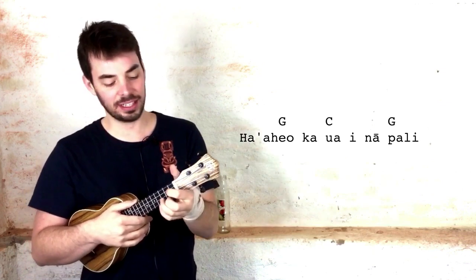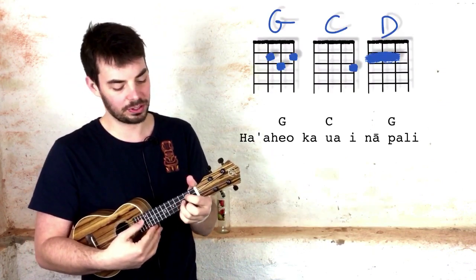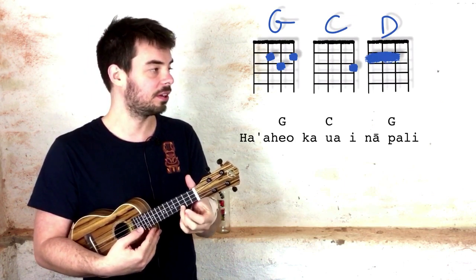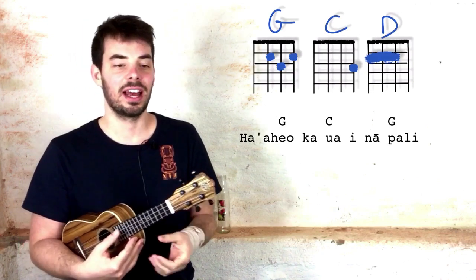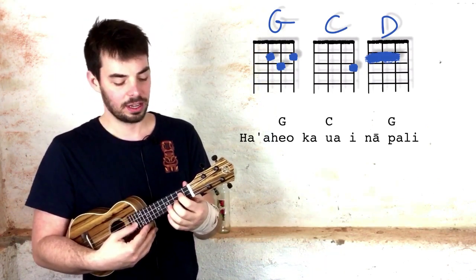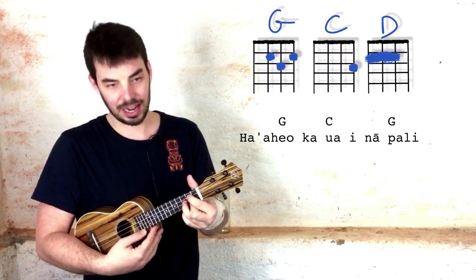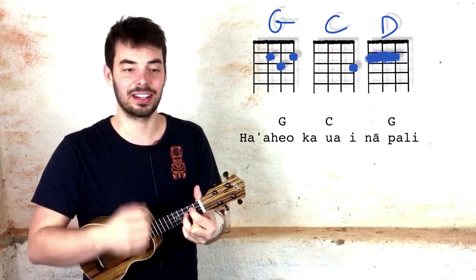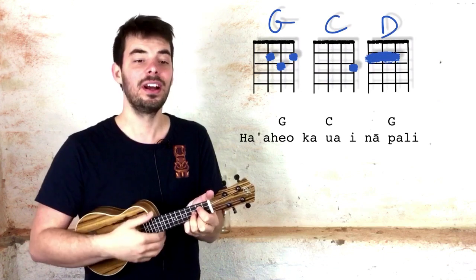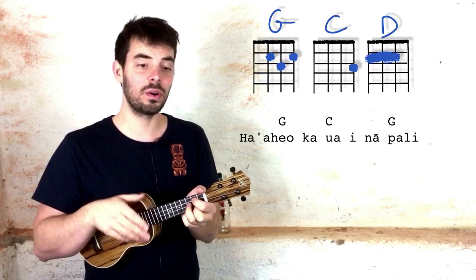Aha, eo. We need a G and a C in the first line, which means open, second, third, second, and open, open, open, third. Make sure you're nicely tuned for this. And we start on this note here, second fret of the second string. And then we play all our three fingers, and that's the melody that we are singing at the start. Aha, and G on eo, aha, eo, ka, and on ua, the C,